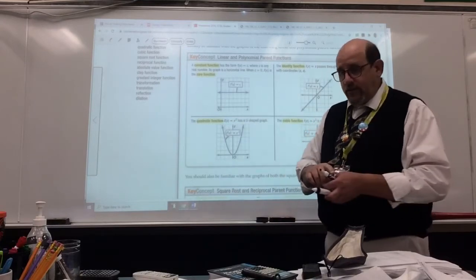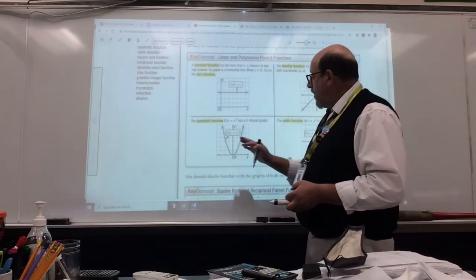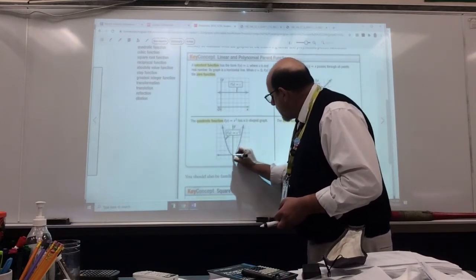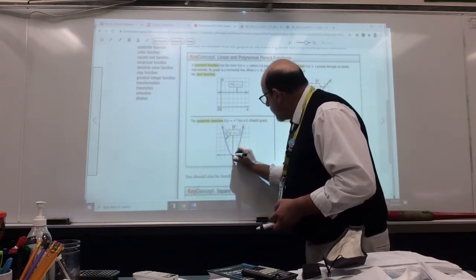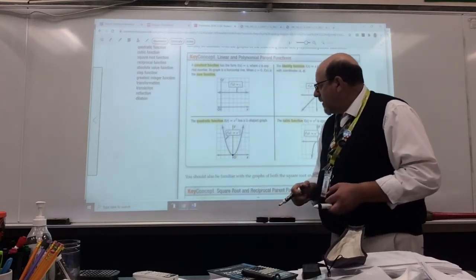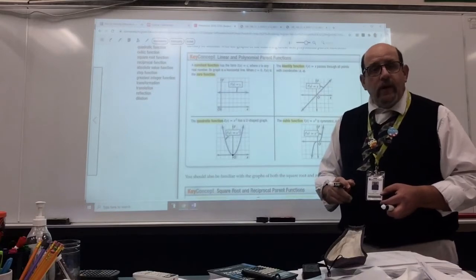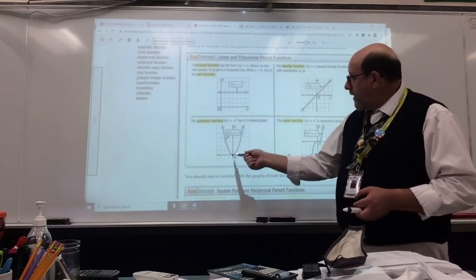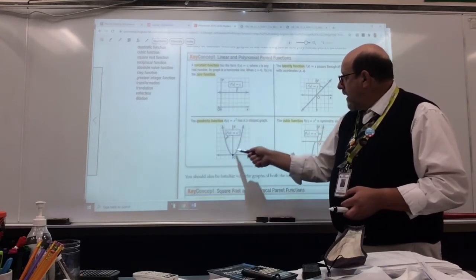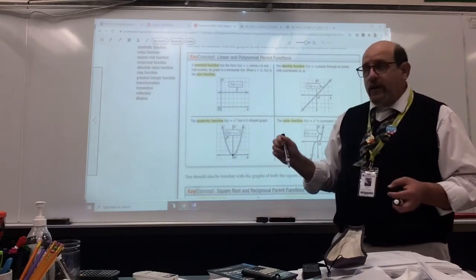And so it just has that square term in the front. And the parent form of it is a parabola whose minimum right there, its vertex right here, hits right there at the origin,